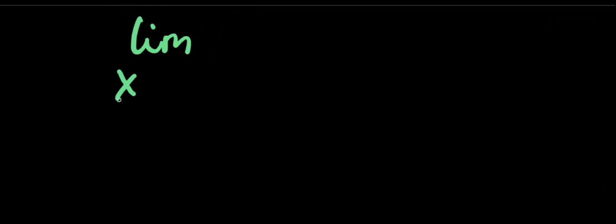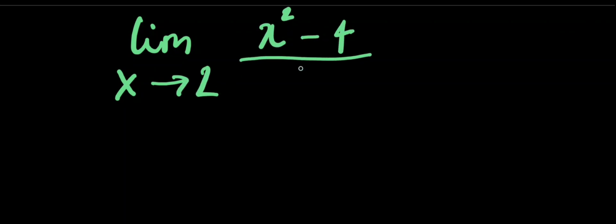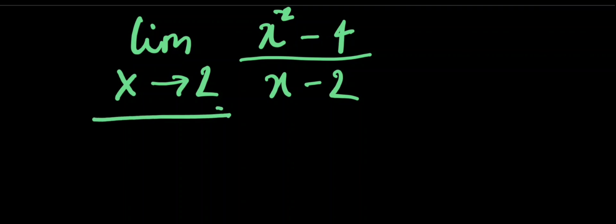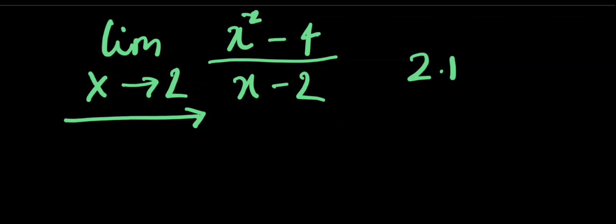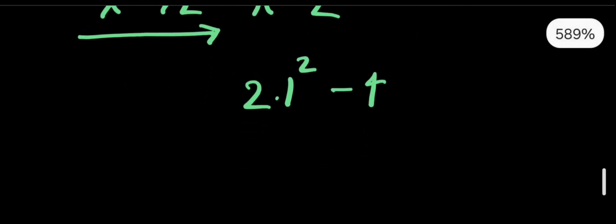Okay, there's another method to do this. Suppose we take the same example, the limit as x approaches 2 of x squared minus 4 over x minus 2. Alright, over here we can see that x approaches 2. That means we can take the x value as something close to 2, suppose 2.1. So if we take the x value as 2.1 and evaluate this, that would be 2.1 squared minus 4